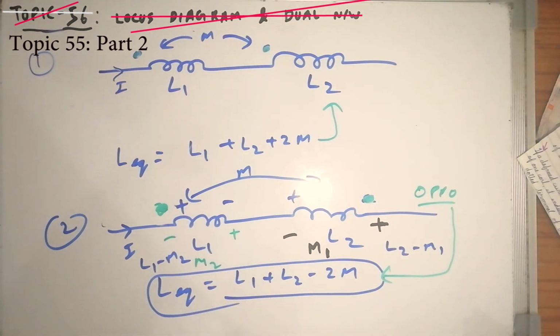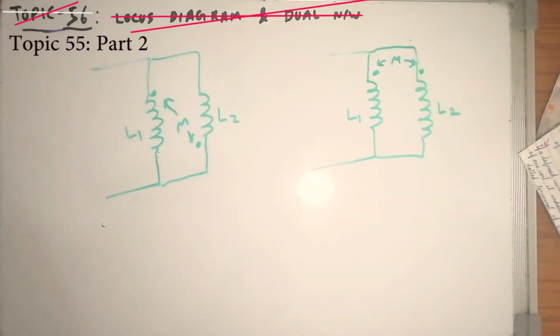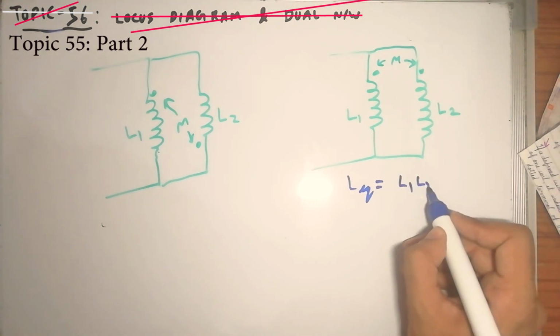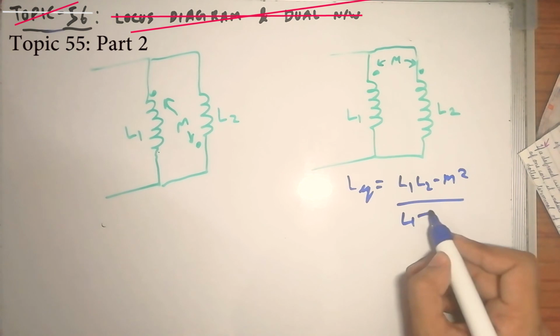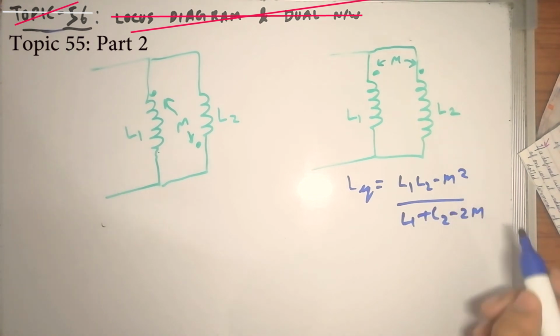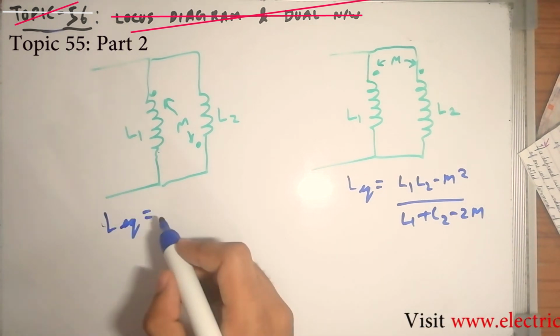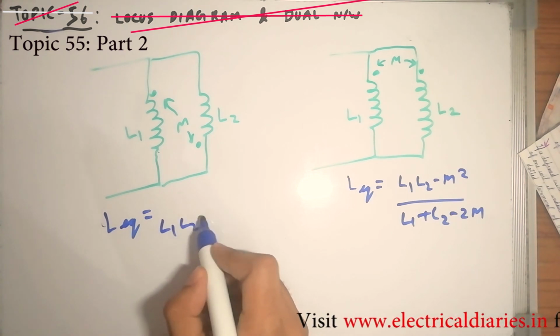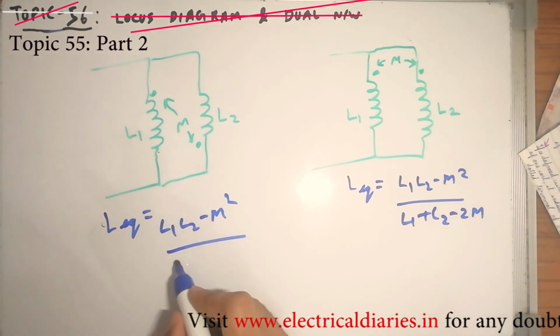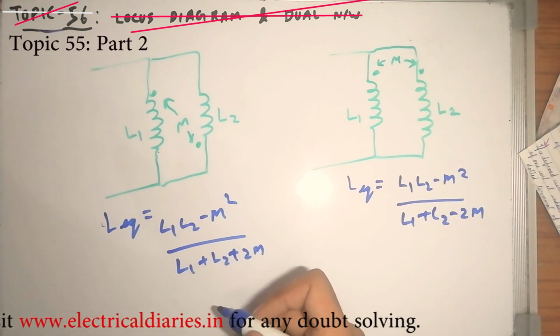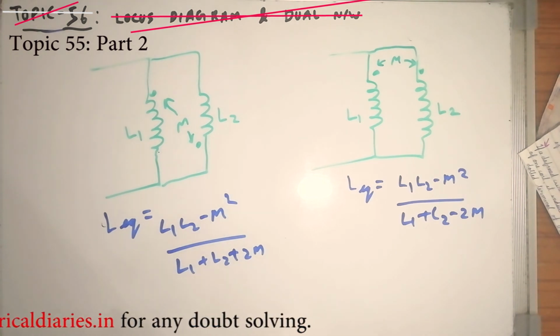Now we will see the formulas for the parallel connection of inductors. In parallel connection, there can be two cases. In this case, the inductors are said to be in addition, and the L equivalent is given by L1 plus L2 minus 2M. Remembering the formulas is enough, and I have told you the concept also, so you can derive using that concept. And in this case, L equivalent is given by L1 plus L2 plus 2M. So these are the expressions.